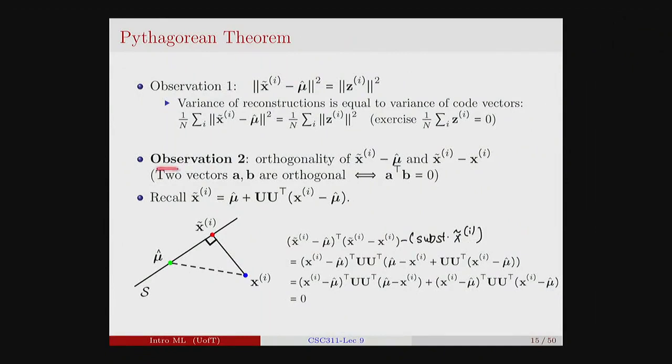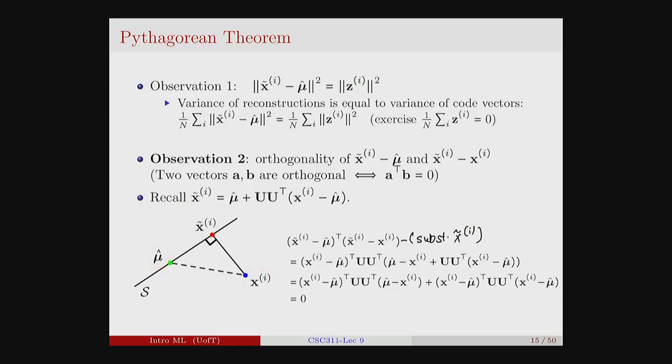The second observation we'll need is that the difference between the reconstruction and the mean, and the reconstruction and the original data point, has a 90-degree angle. So remember, what does it mean to have a difference of two vectors? When you take the difference of two vectors, you basically get the arrow that points from one point to another. So geometrically, if you have these 3 points, this is your reconstruction, this is the mean, and this is the